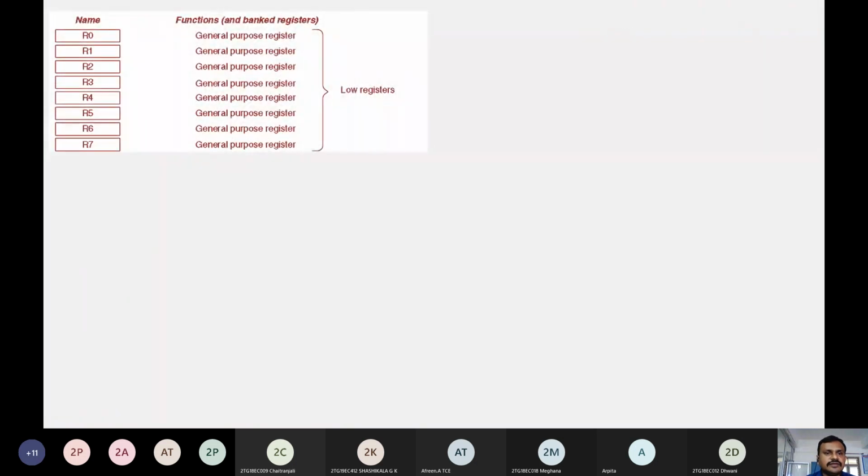Next, the next concept is about registers. Here we are going to find a set of registers which are used by this ARM Cortex M3 processor. They are categorized into various categories.